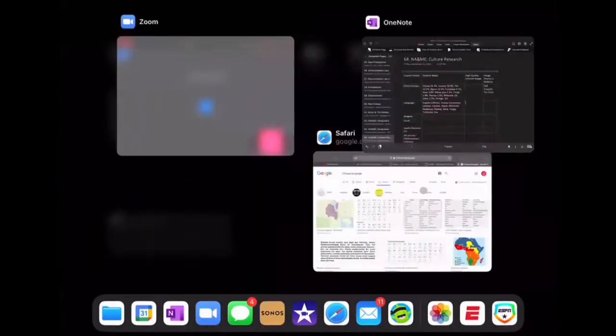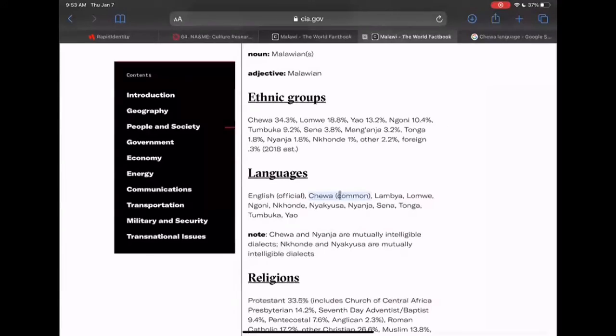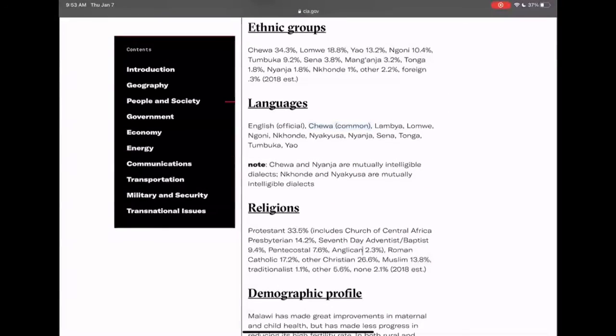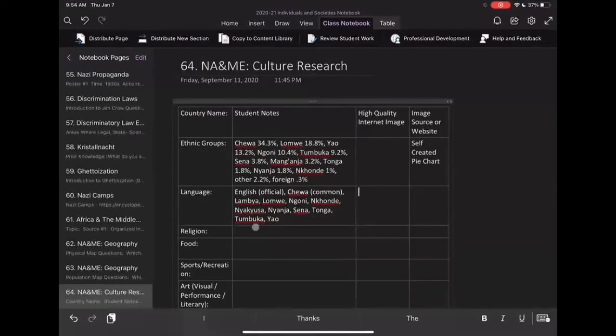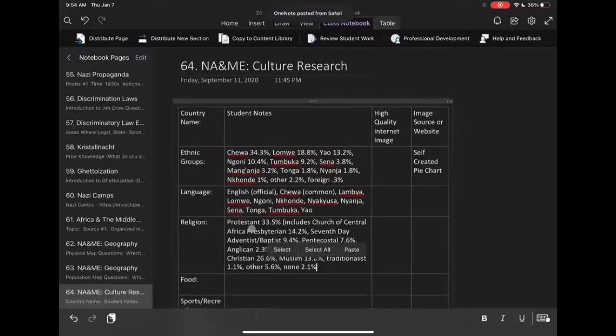All right, religion is also in CIA World Factbook. Religions. Again, I'm looking at that. That's pretty straightforward. All right. I see that like Christianity is a major part, Catholicism a part of Christianity, Muslims a religion, traditionalists, which is like traditional religions. But anyways, any questions about how to complete this?